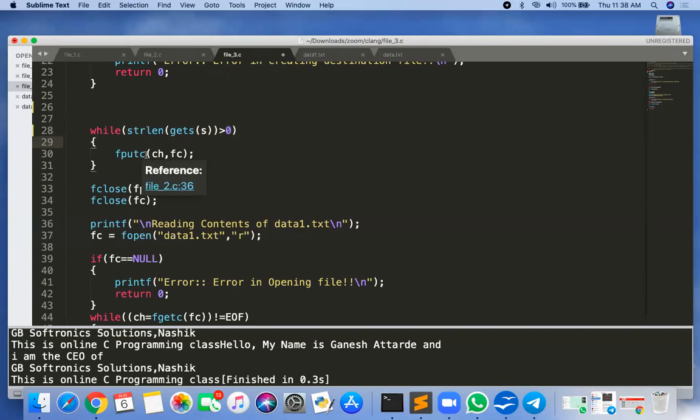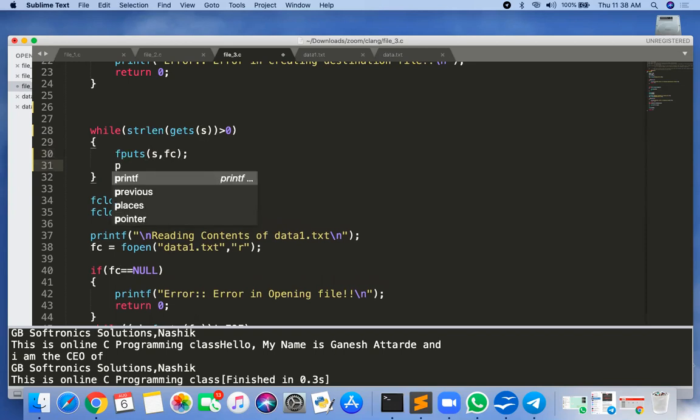For a character we use fputc, for a string we use fputs. Fputs means file put string. Whatever string you have provided gets copied into fp, and after that one character I want to put is a \n, because after every line I need to put the \n. So fp.